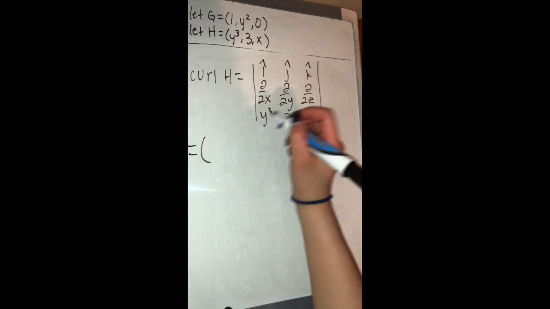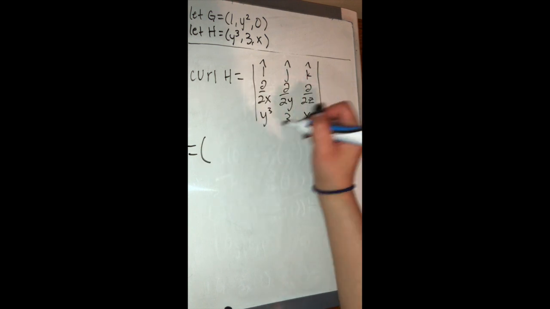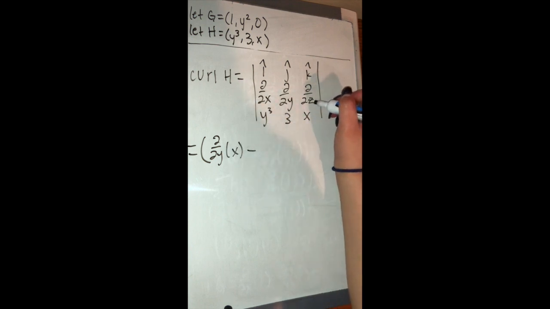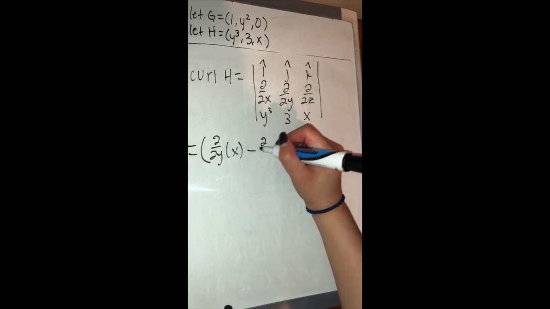For the I component, you get partial with respect to y of x minus partial with respect to z of 3,